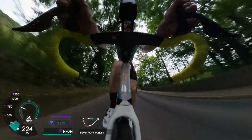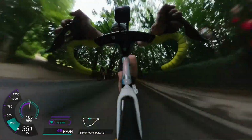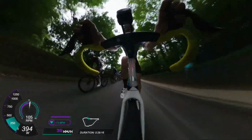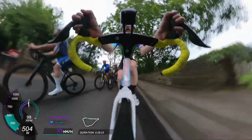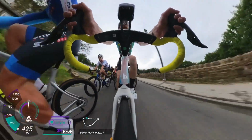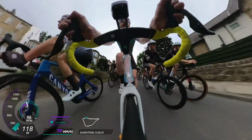I'm doing 400 watts, 300 watts, I flick my elbow. No one really comes by. I tighten my shoe hoping someone will come by. I flick to the other side of the road, still no one's come through, so I'm still sitting at like 370 watts. And then finally these boys start pulling through a little bit and I'm sitting here thinking, man, my heart rate's pretty high. What are we looking at here? Like about 175. I think in this race I kind of maxed out about like 180,